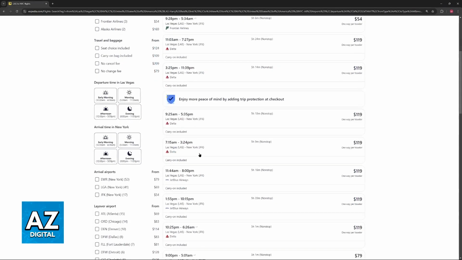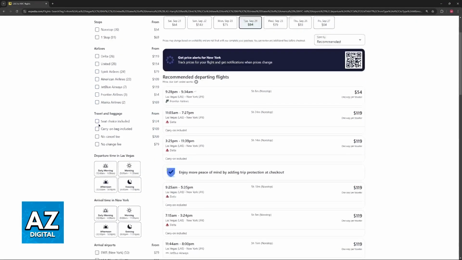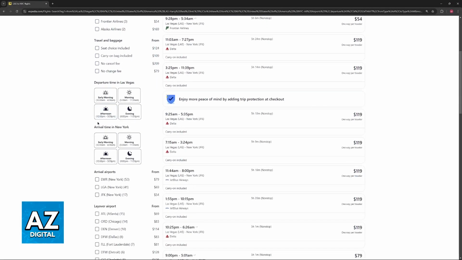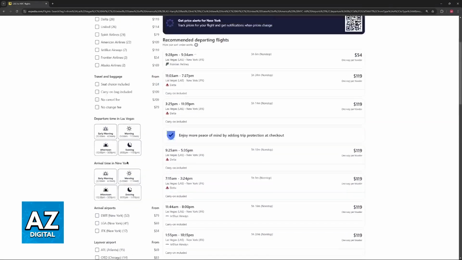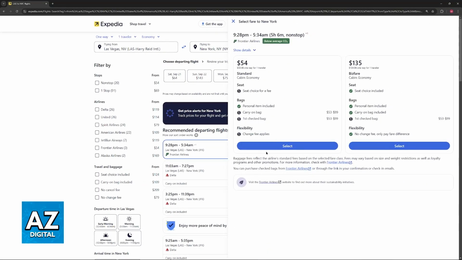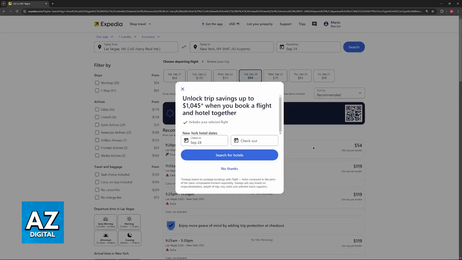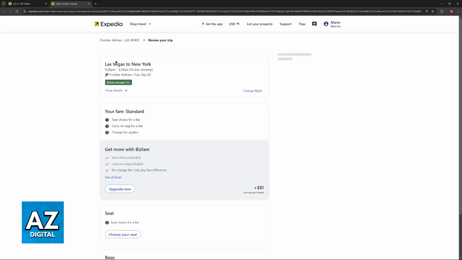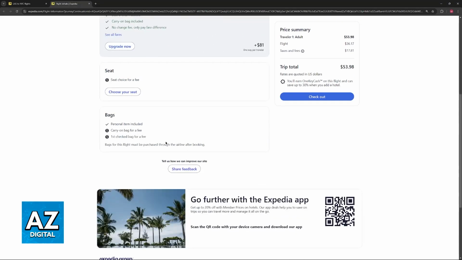You can compare prices, you will see who the flight is operated by, and you have plenty of filters at the left. I'm not going to go over all of them, but you should carefully take your time and browse through all of them if you wish. Once you click a departing flight, you might have to choose a returning flight depending on what you set up at the beginning, but because I chose a one-way flight, I won't be able to choose a return one.